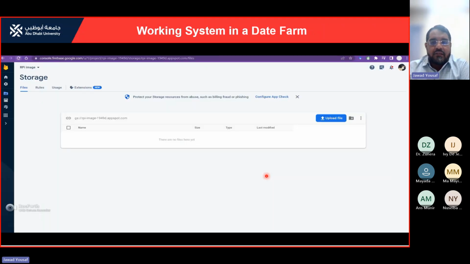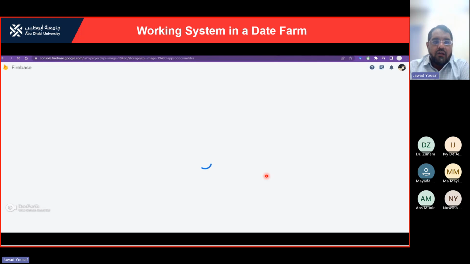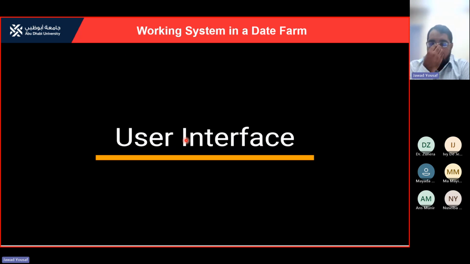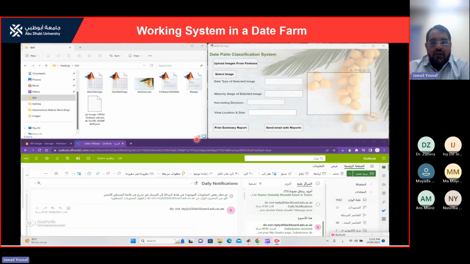And once the images are taken and the round is finished, all the data will be transferred using Firebase. And here we can see that these are the received images. The Raspberry Pi will take them and transfer everything using Firebase. And here is our user interface, and we can see that